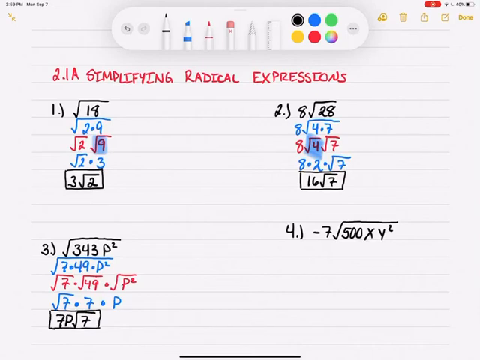In the last example, I have negative 7 times the square root of 500xy squared. So I have a number out front, a really big number in the middle, and two variables, and one has an exponent. It's okay. We're just going to take it one piece at a time. First of all, I'm not going to worry about the negative 7 right now. What I'm concerned with is what's in here. So if I look at 500,